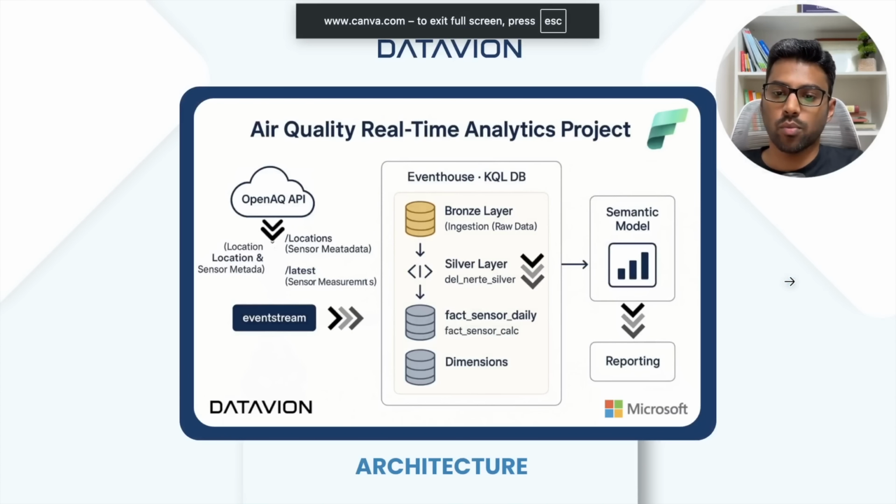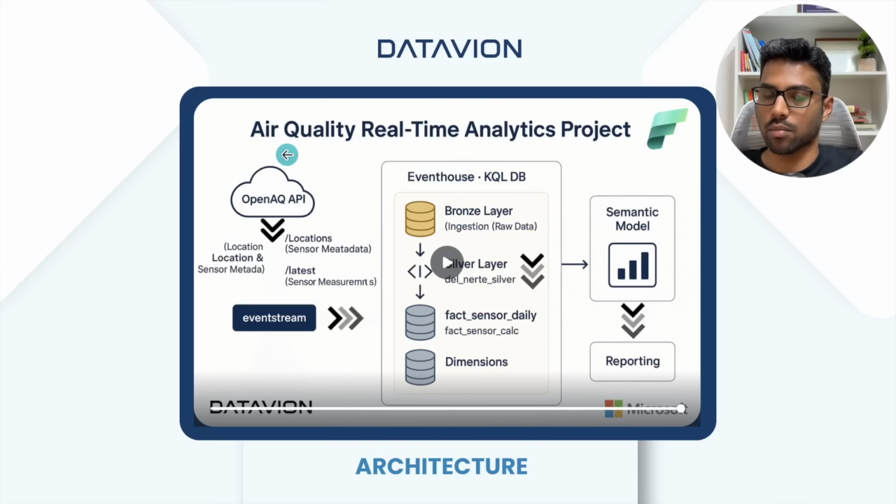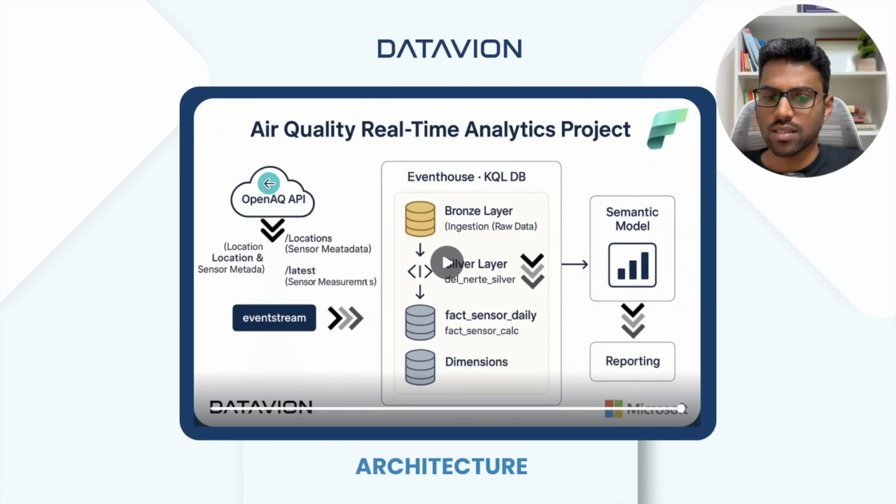Okay, so in this video I'm going to quickly take you through the architecture diagram for our air quality real-time analytics solution. Let us quickly run through the data flow so that you can get to know how data flows from the API into different medallion layers, and then into the semantic model, and then how we are building the reports as well. Okay, so as I mentioned, our data source is going to be the OpenAQ APIs. So it is the Open Air Quality API. We are going to look at that API and see how we can get the API keys